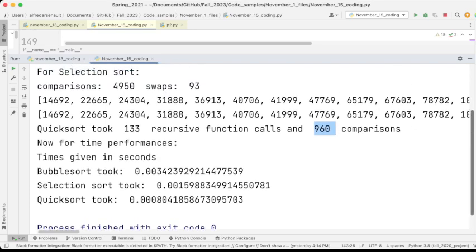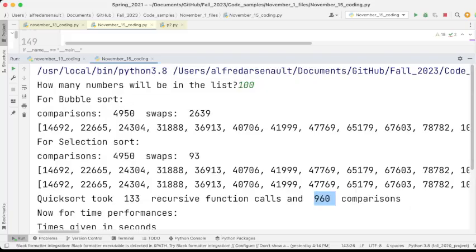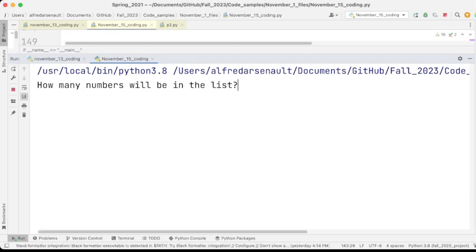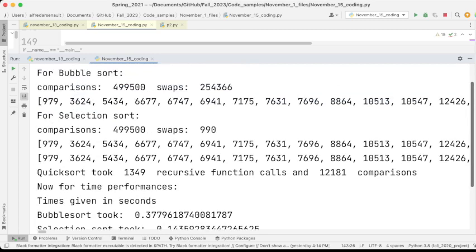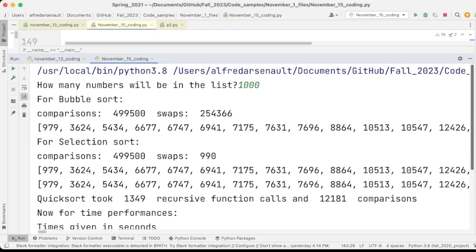Okay, that's 100. Let's try this again. And this time, we're going to say, well, what happens with 1,000 integers in the list? Okay, we can see that the lists come back sorted. The next time I run this, I will go comment out those lines, print the lists, but they work. Bubble sort took